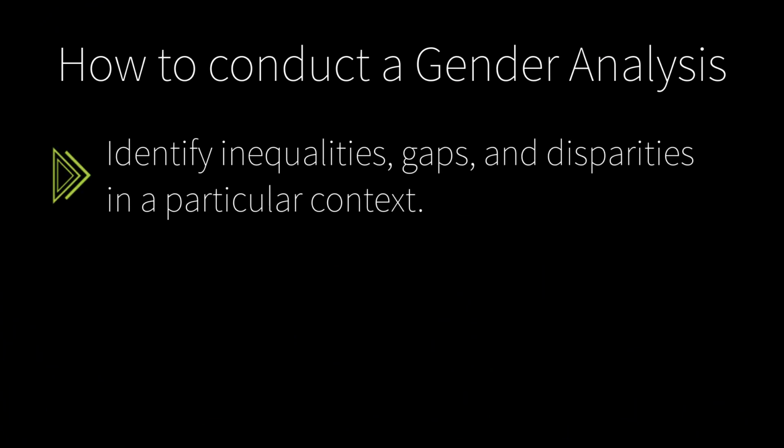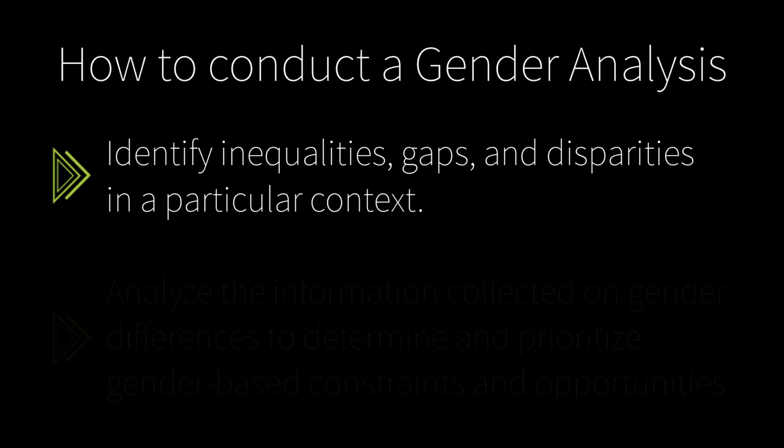A gender analysis has 2 parts. In the first part, you identify inequalities, gaps, and disparities in a particular context. The process consists of collecting information and data on gender roles, relations, and identities related to specific health problems to identify gaps and disparities based on gender differences. The tables in Section 5 of the toolkit provide key questions for a range of JPIEGO health areas that can help with designing studies and assessments to collect this information.